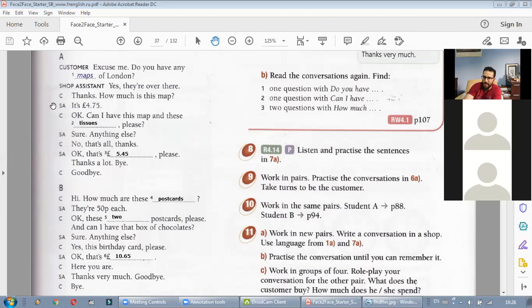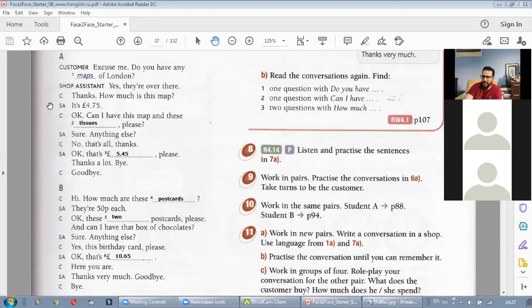Thanks. How much this map? لا انت درتي جزء بتاع كاستمر. السي كاستمر بالضبط، والاس اي اللي هو الشوب اسيستنت. اوكي. معناها هي وين سألت؟ وين وصلت هي السؤال؟